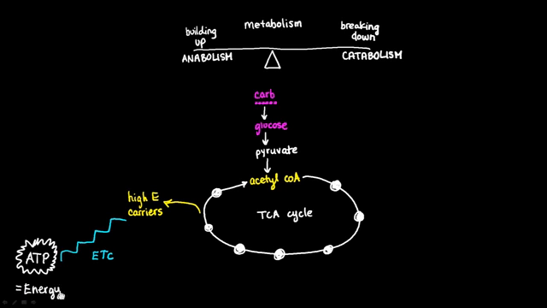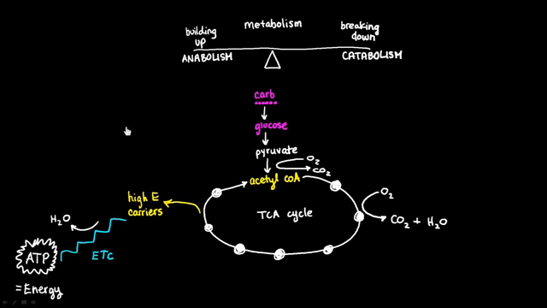Now, just to add some detail here, water is also given off, and I'll write the chemical formula for water, which is H2O. And in order for this cycle, this TCA cycle, to move around, oxygen is required, and carbon dioxide, CO2, and water, again, are given off. Oxygen is also necessary for this step to happen. And this is really neat because this is essentially the reason why we need to breathe.